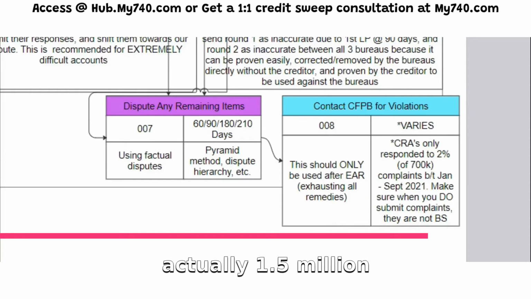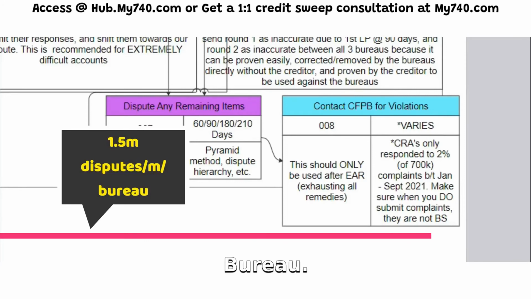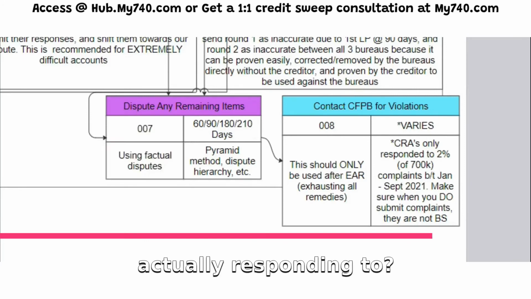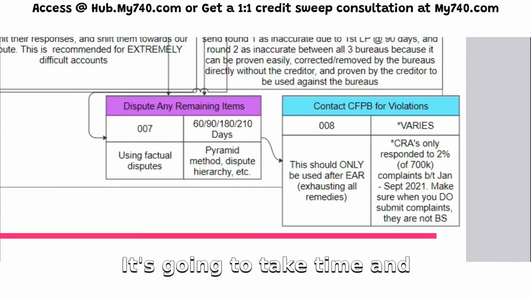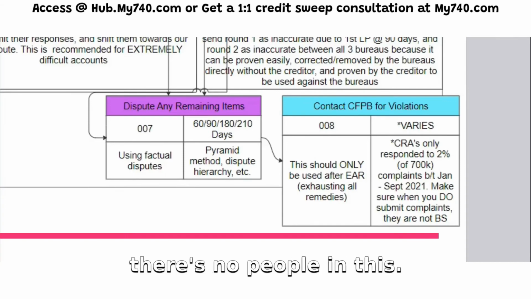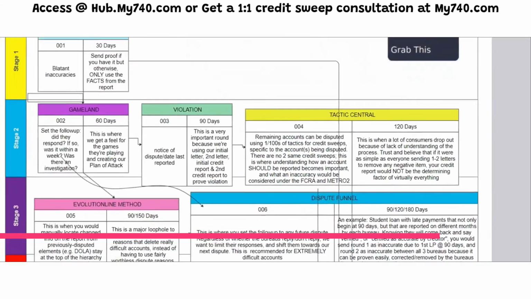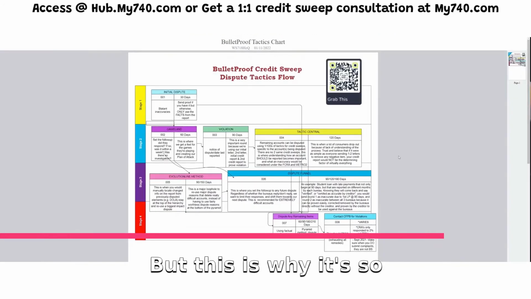It's actually 1.5 million disputes that the bureaus get every single month per bureau, and how many of those they're actually responding to, okay? So there's going to be violations. They're not going to respond. It's going to take time, especially because it's all being automated, all right? There's no people in this. So all things considered, yes, this is taking a little bit longer,